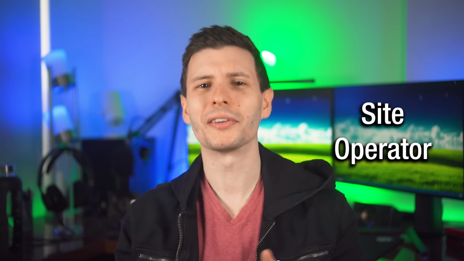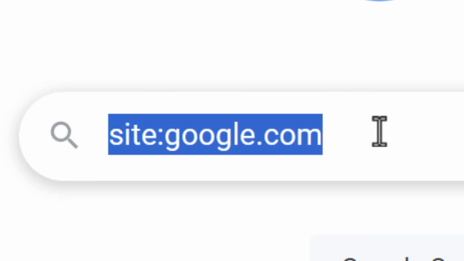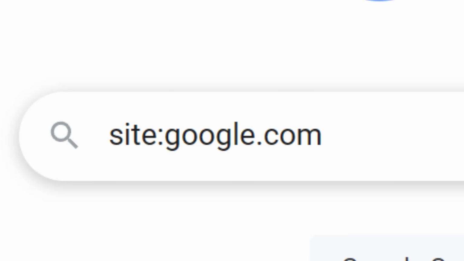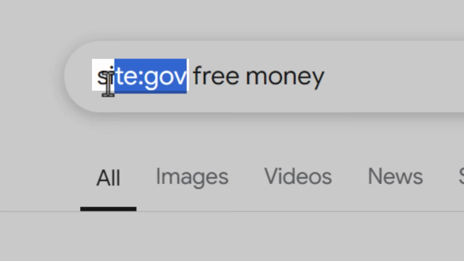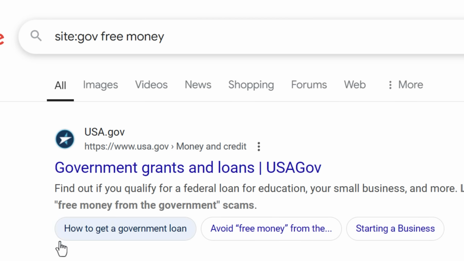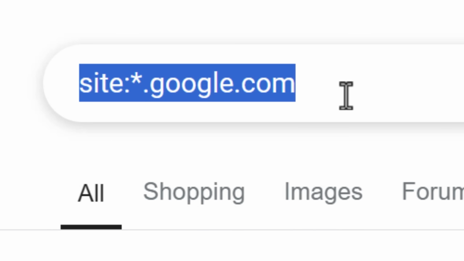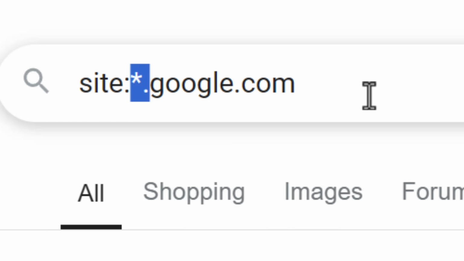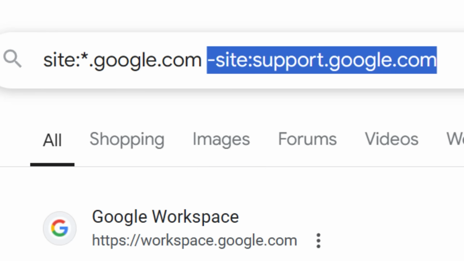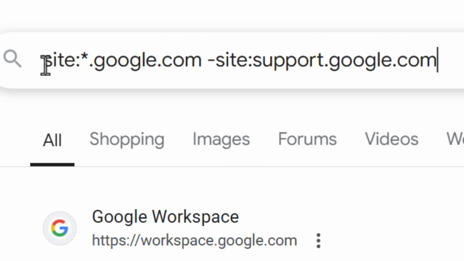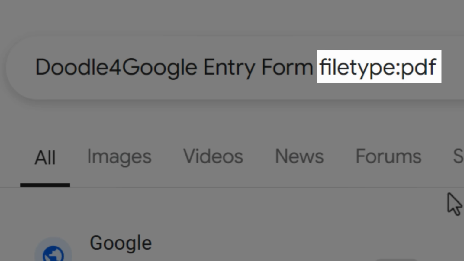Now, I've mentioned the site operator a lot, but there are some nuances for it. You can just do normal domains and subdomains like we saw, but you can also just put a top-level domain extension like gov, and it will only return .gov domains, for example. You can also use asterisk wildcards for entire subdomain components between periods. And you can use the minus sign to exclude certain subdomains while using another second site operator for the rest of the main domain. Moving on, there's the very useful filetype operator, which can really come in handy if you're